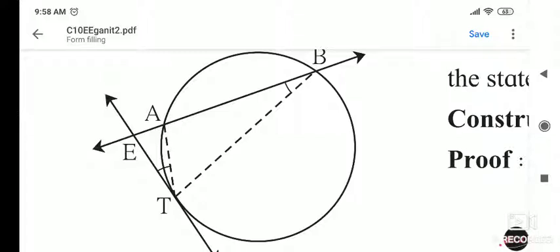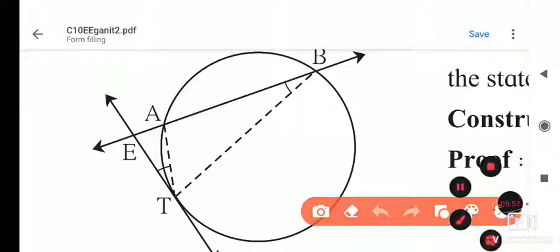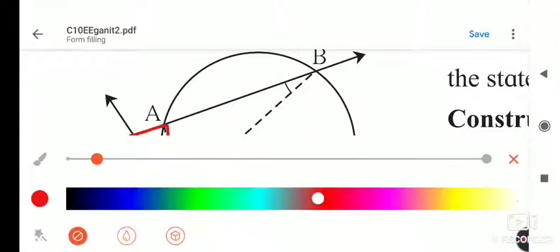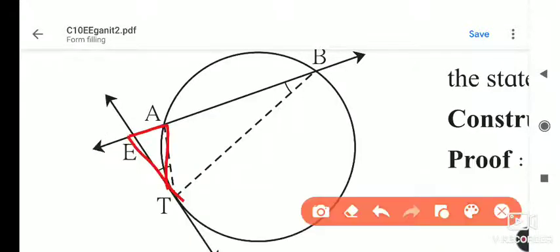So this is the common angle E in between these two triangles. Which two triangles did we take? EAT, and another triangle here, ETB. In these two triangles I have shown the angles in pink, red color and green color. So E is the common angle, and it is present in both triangles. The red triangle has it inside, and the greenish ETB triangle also has it inside. So it is a common angle.